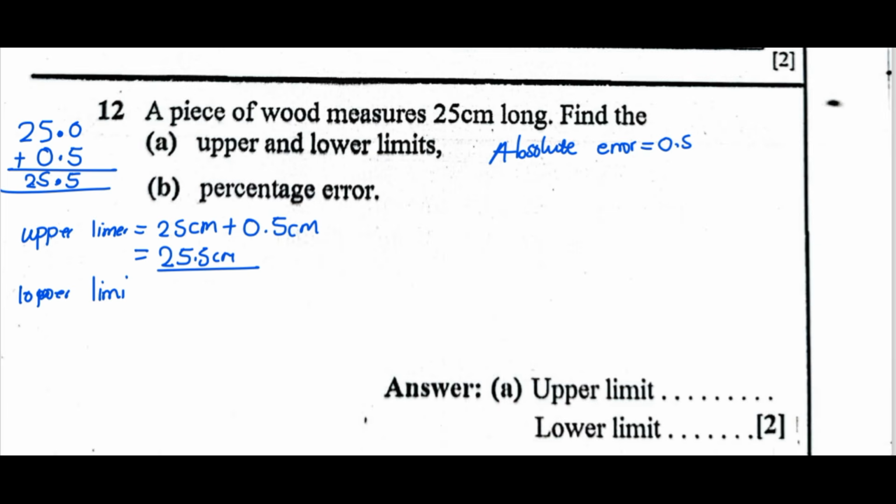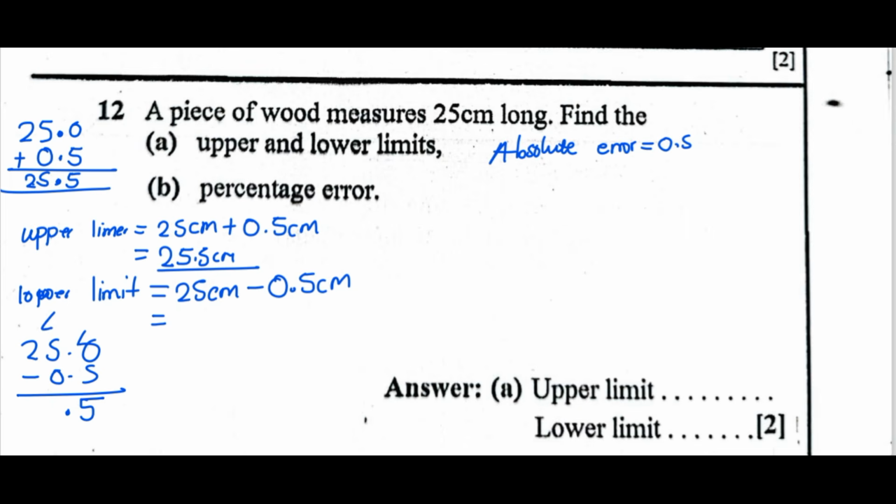Now for the lower limit, opposite this time, we are going to subtract. So 25 centimeters minus 0.5. You always subtract the absolute error. So this will be 25.0 minus 0.5. So 0 minus 5 is impossible. So we take 1, we have 10. So 10 minus 5 is 5. Here we have 4 minus 0 is 4. So the lower limit is 24.5